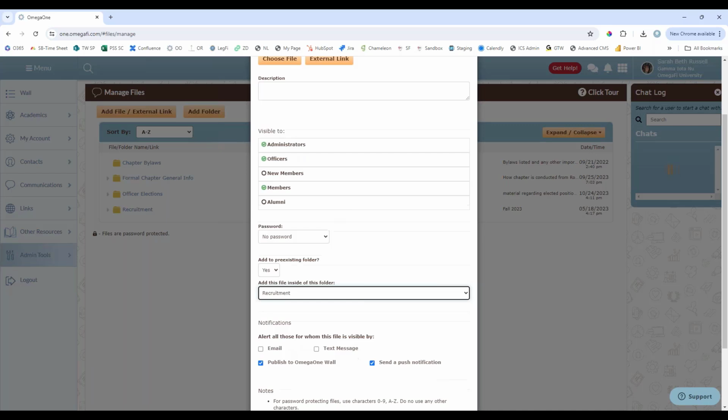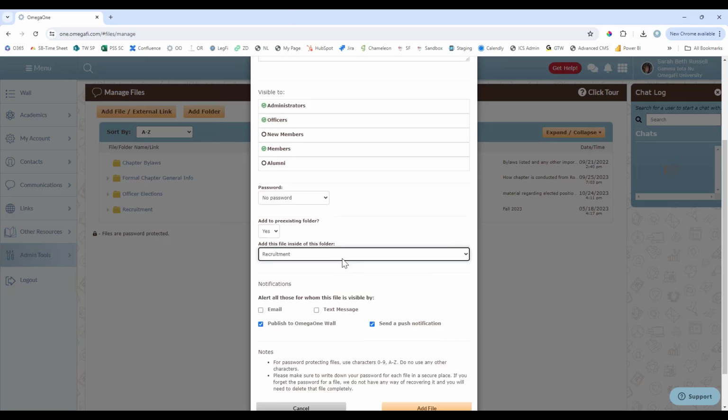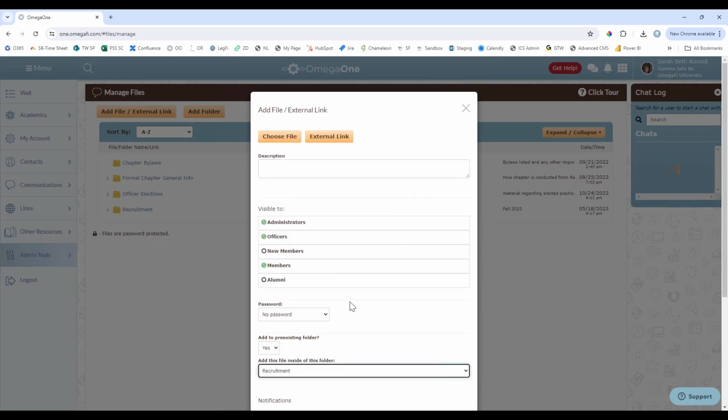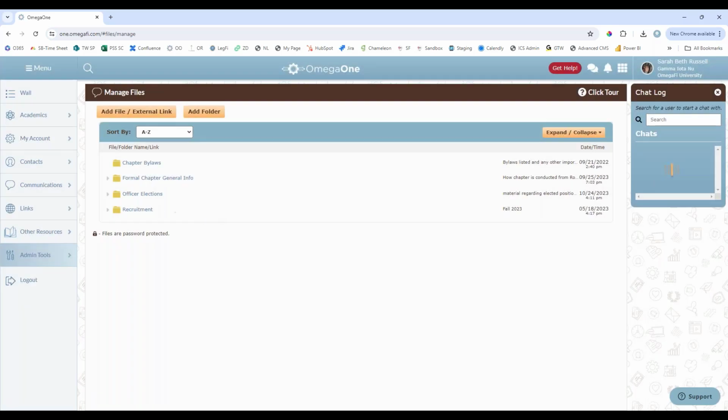For recruitment, you may have what you need to wear for each day or what the schedule is. If you want to upload that here, you can also send it out in an email and have it upload to the files. But any pertinent information you want, you can put it in your files here for your members to be able to have in one space, and you can alert when the file is created or put into the folder. This is another one that you can choose to publish to the wall, so that way when members are logging in, they see it at the top of the wall if that's the last thing to be done. And again, with the text messages, they have to have that set up, so just keep that in mind. You can put as many files as you want in here.